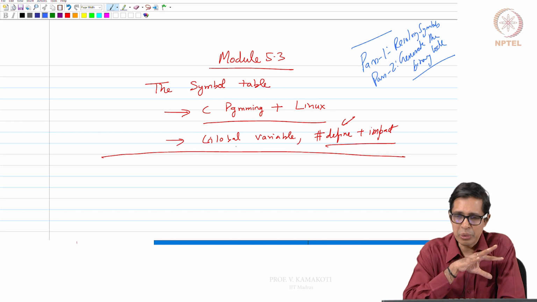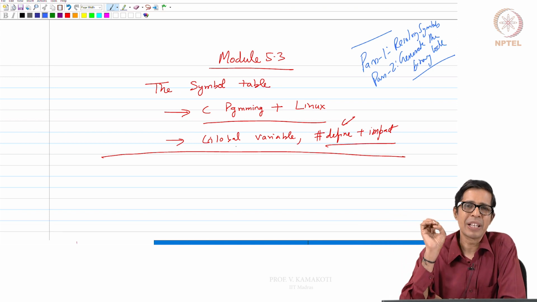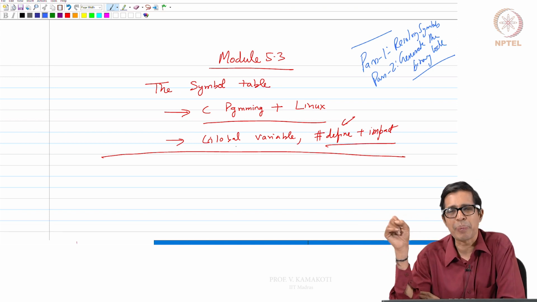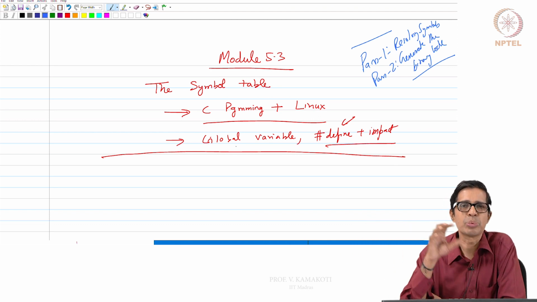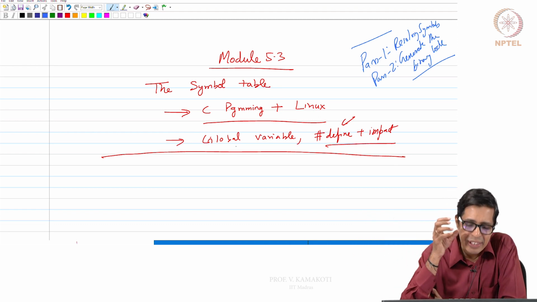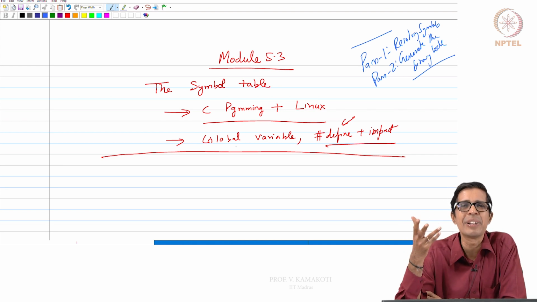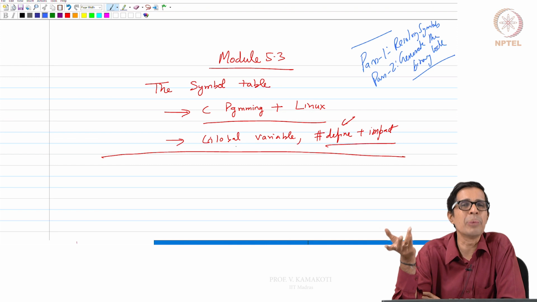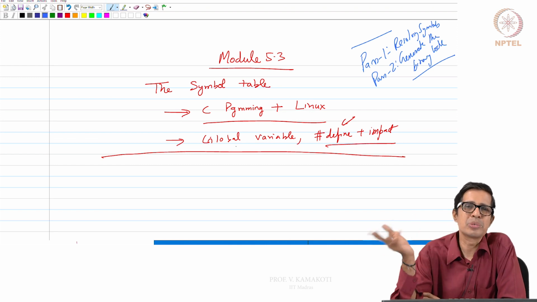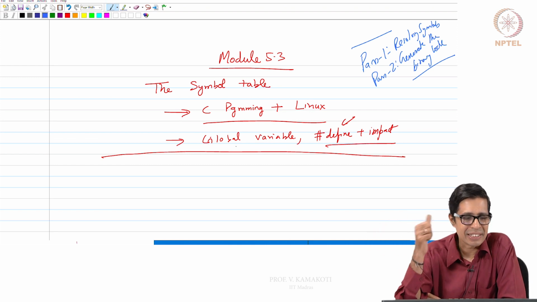And when we look at the assembler as a program, there is a part which will do pass 1, there is a part that will do pass 2. The pass 1 and pass 2 will be basically using the symbol table. So this entire symbol table, we basically model it as a global variable, so that 2 passes can basically share that, right?